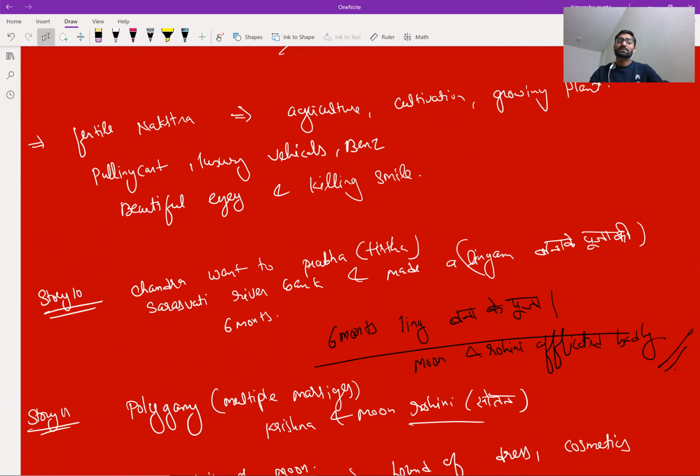Apart from that, Chandra went to Prabha Tirtha on the bank of river Saraswati, and he made shivlings to come out from the curse of Daksha, which we told earlier. So he made the handmade shivlingam, and he worshipped it for like 6 months. So this is one, and this will also increase the power of moon. So this is one of the best remedies for getting your moon